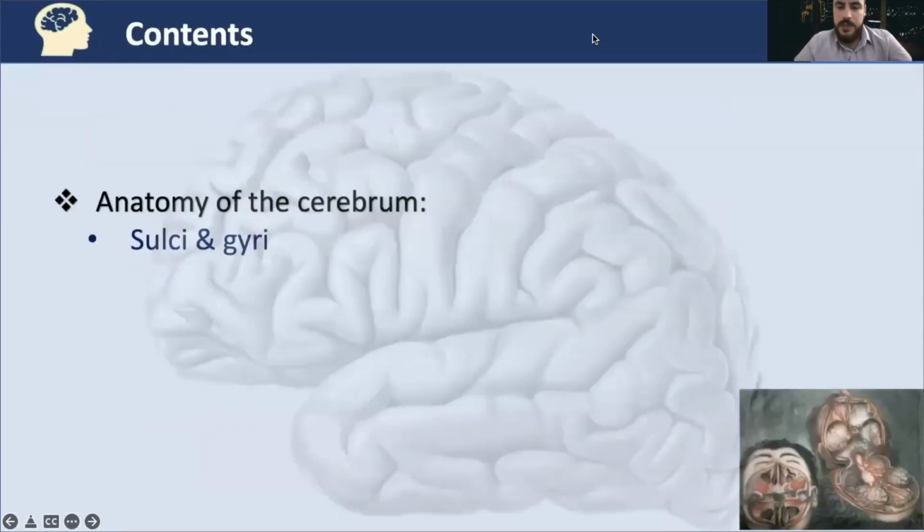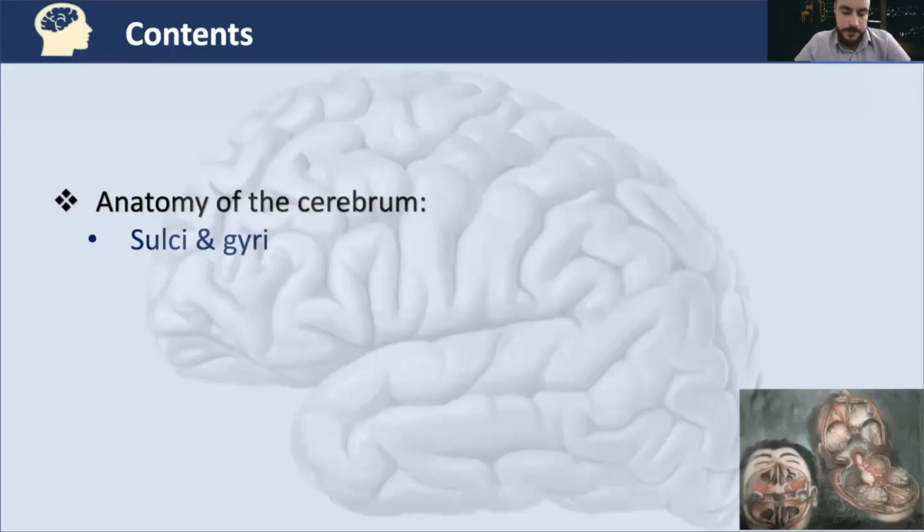The content of my presentation is that we will talk about the sulci and the gyri of the cerebrum. Let's have a basic idea. Now, the brain has sulci and gyri on it. It has an appearance like hills and valleys, hills going up and valleys going down. Well, that increases the surface area of the brain. The hills, the gyri, and the sulci represent potential spaces for blood vessels to pass on the surface of the brain. For example, the cerebral cortical arteries and cortical veins are located in the subarachnoid space,